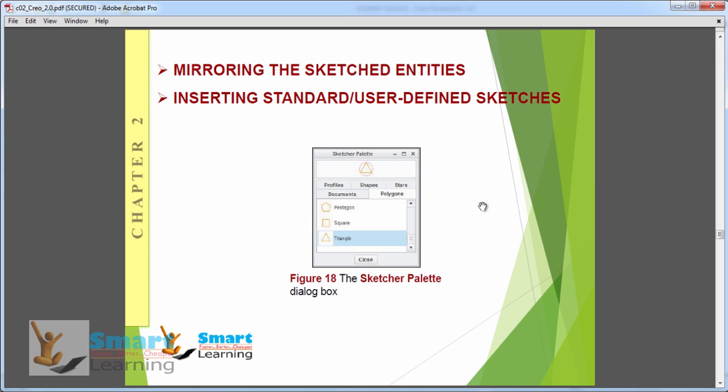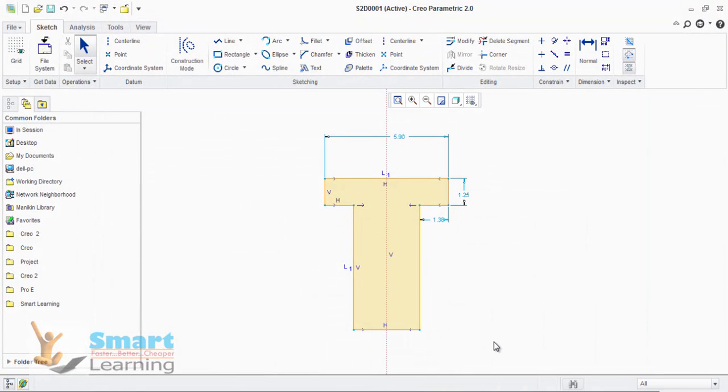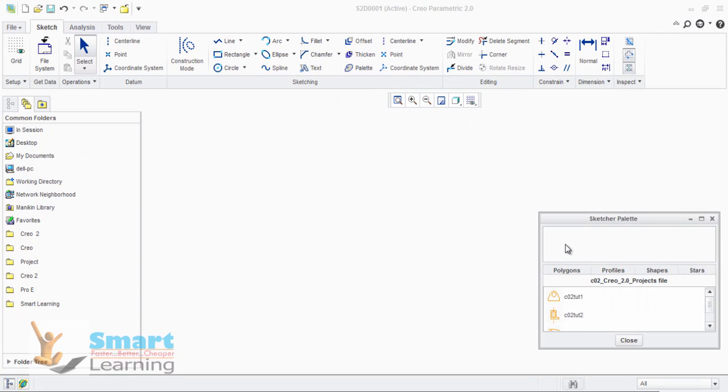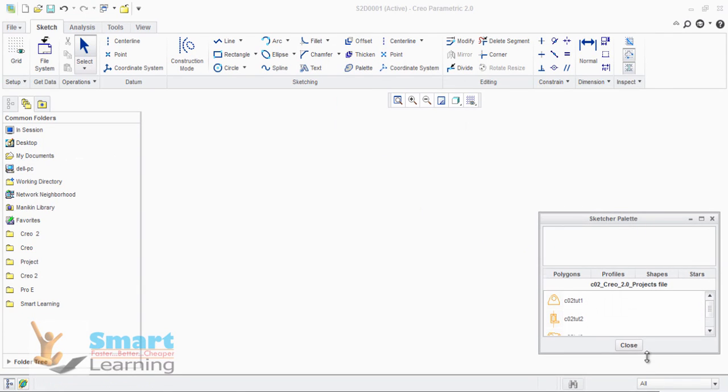So let us see how we can insert these standard sketches and also some of the user defined sketches. So I can go back to Creo. So let me delete the sketch entities. And here we have a sketch palette option wherein we have some of the standard shapes which can be inserted into our sketch. So just you can click on this palette, and here you can see this is a sketch palette dialog box,